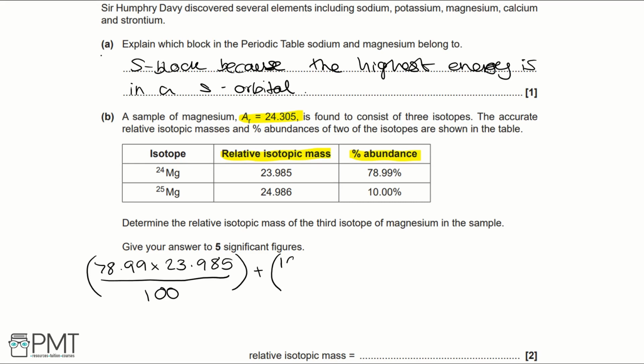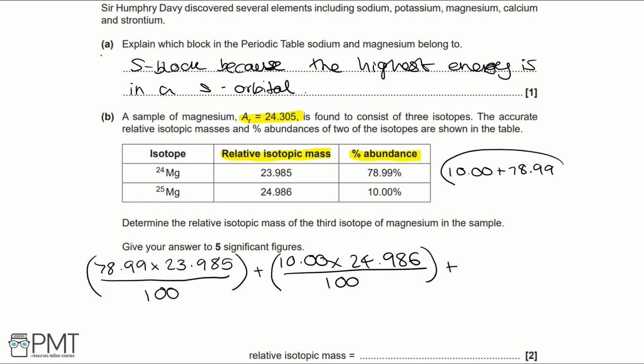So that would be 10.00 multiplied by 24.986 divided by 100. And then to work out the 3rd isotope, we need to do 10.00 plus 78.99. And then all of this, we do 100 minus, and that gives us the percentage of our 3rd isotope. And that would be